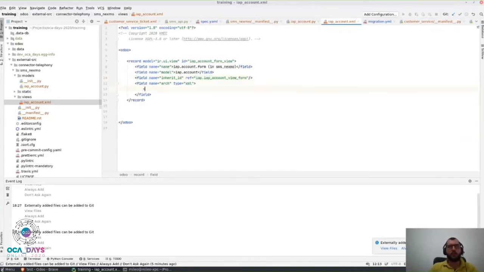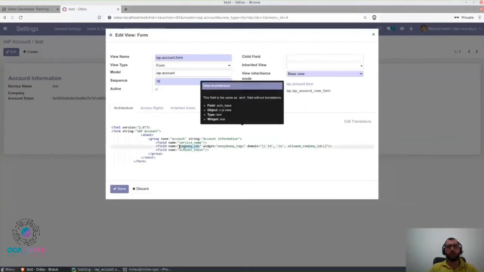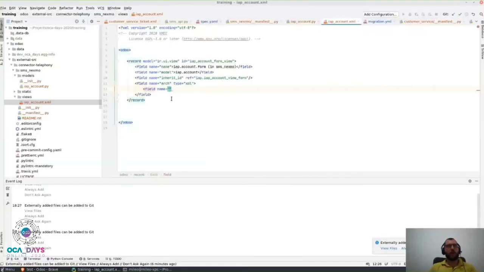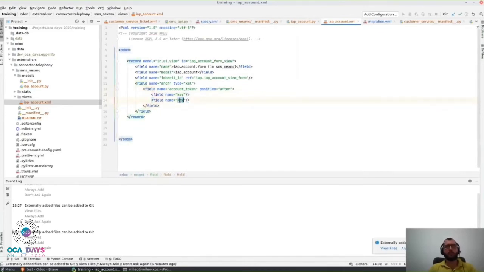And another thing, we're going to put two fields, field name, but your two fields are going to appear in a position after the field account token here, and we're going to create here our field, name it key, and name it secret. Okay,